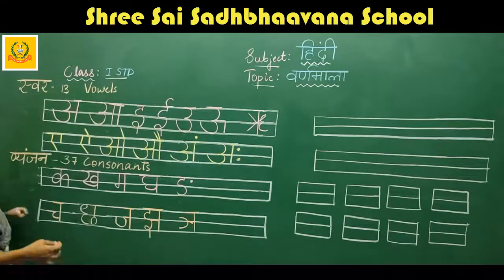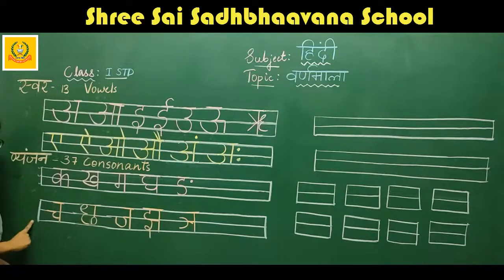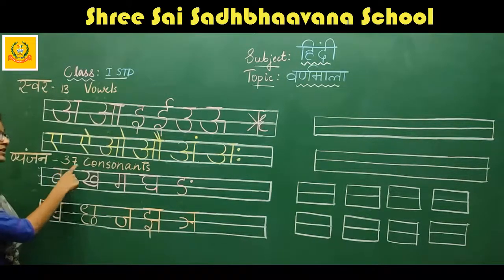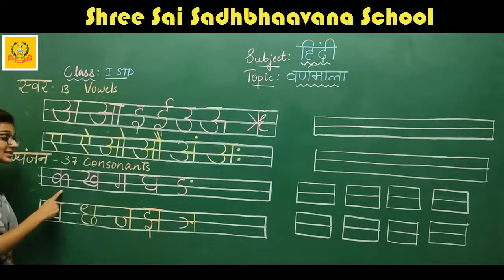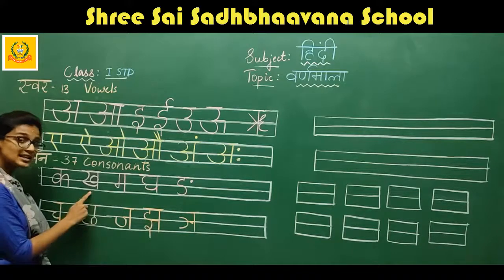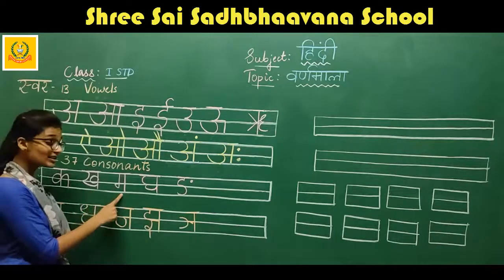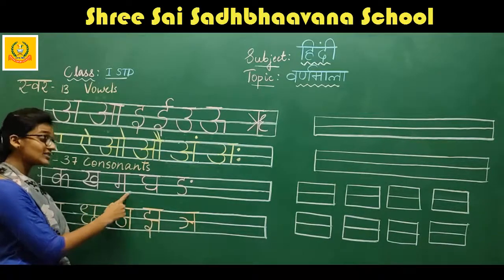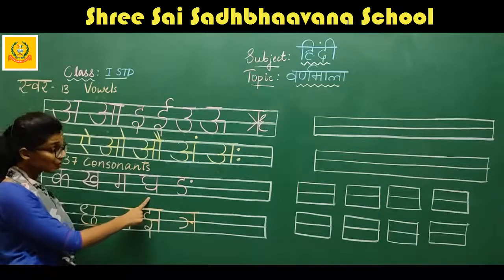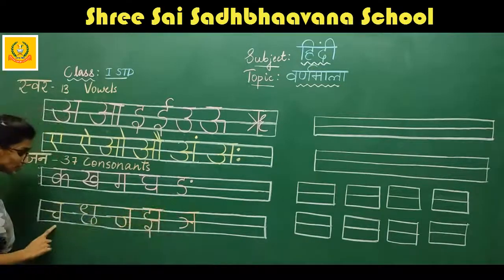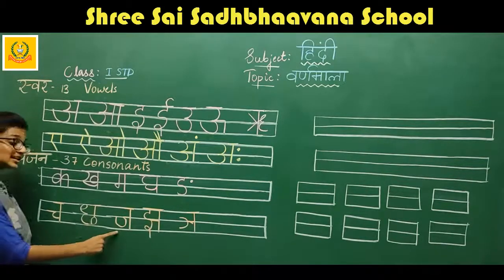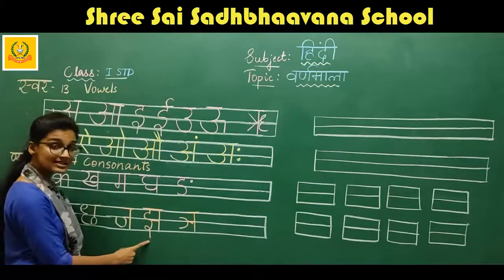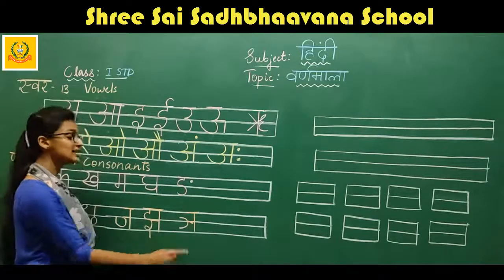Nya. So we learned in the previous class Vyanjan, Khavarg and Chavarg. They are 37 in number. They are also known as consonants. In Khavarg, Kha says Khalika. Kha says Khargosh. Gha says Gajar. Gha says Ghoda. Nya. Cha says Chakra. Cha says Chatri. Ja says Jahaj. Ja says Jhanda. And Nya.